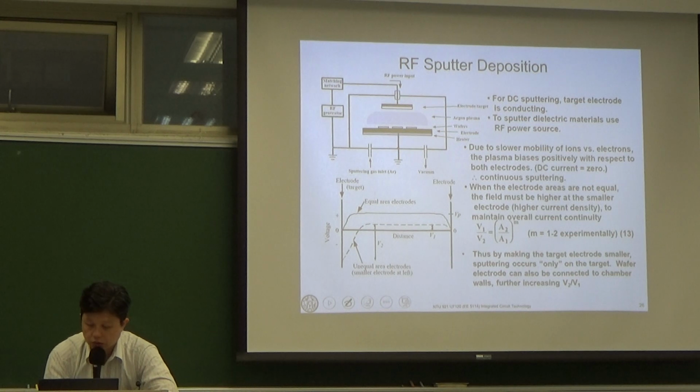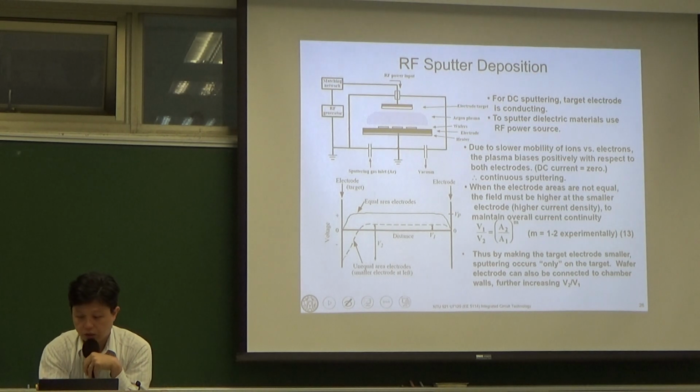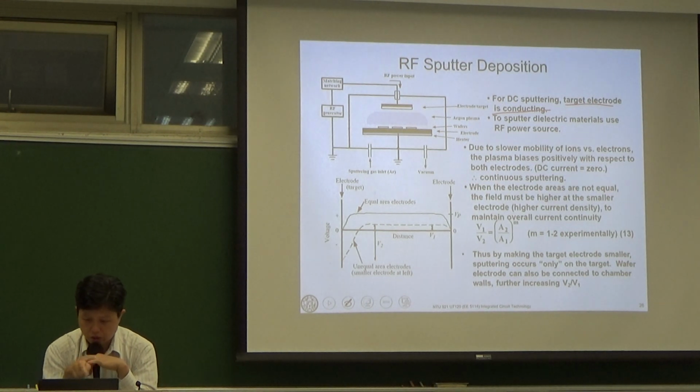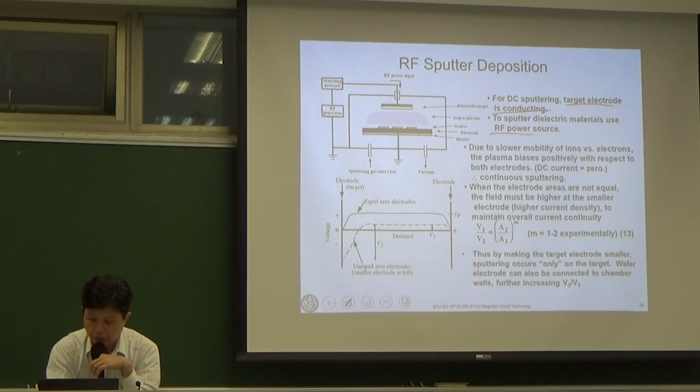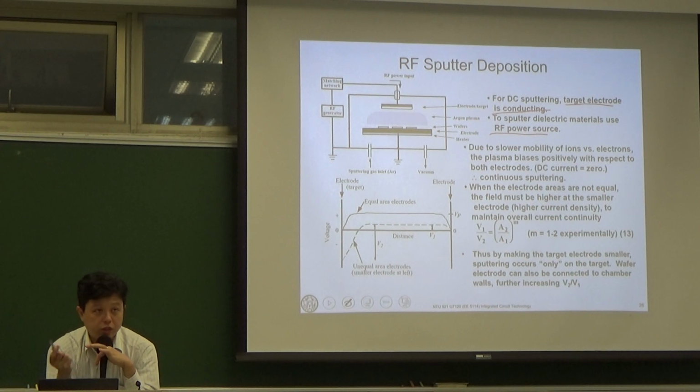Okay, so for the DC sputters, your target electrode has to be conducting, like metal, such as aluminum and tungsten, right? But if you want to sputter dielectric materials, we have to use an RF power source. Then when we switch to this RF power,